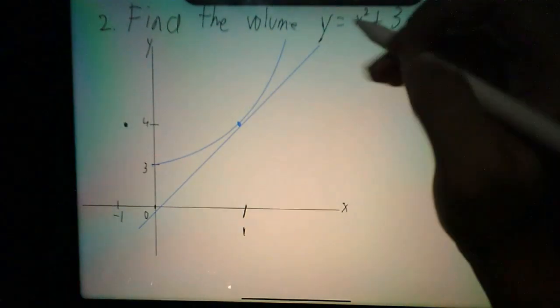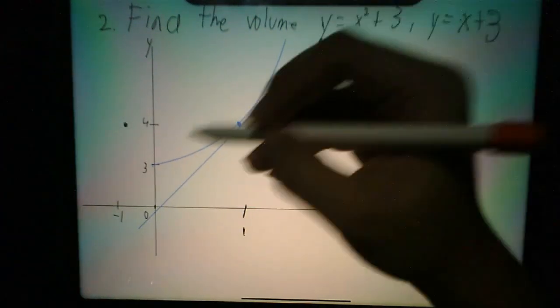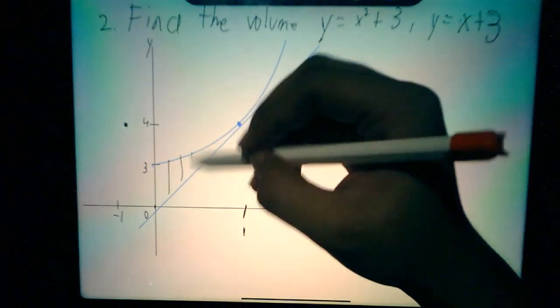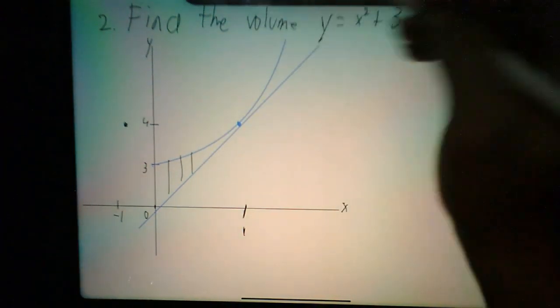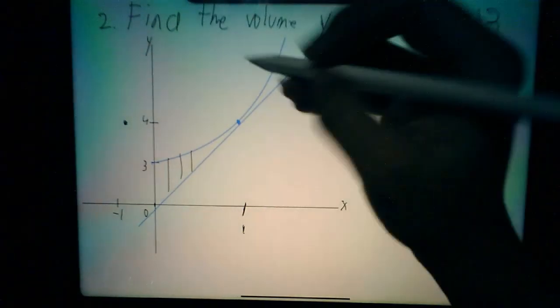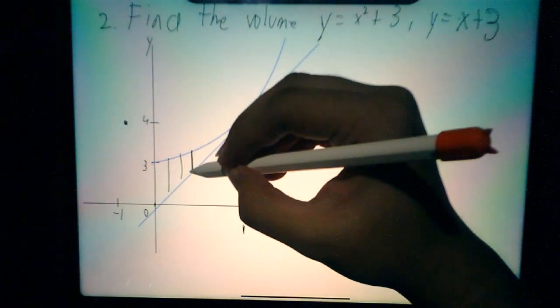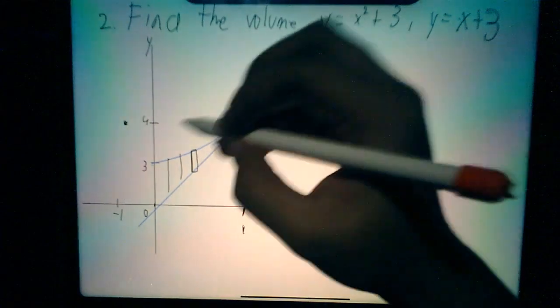So we need to put a vertical strip here. This is our vertical strip, and this equals to x,